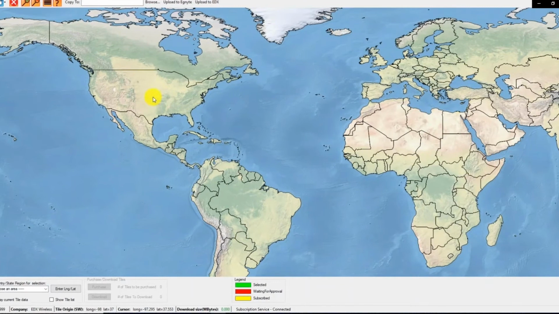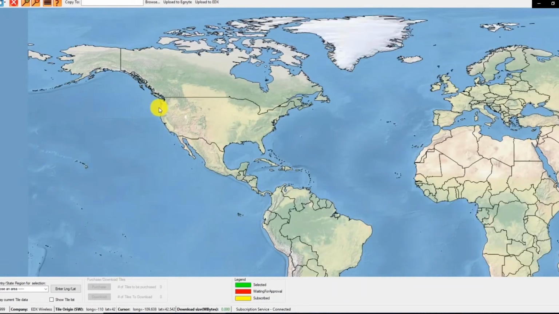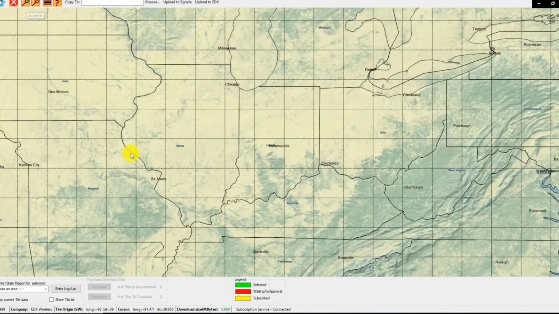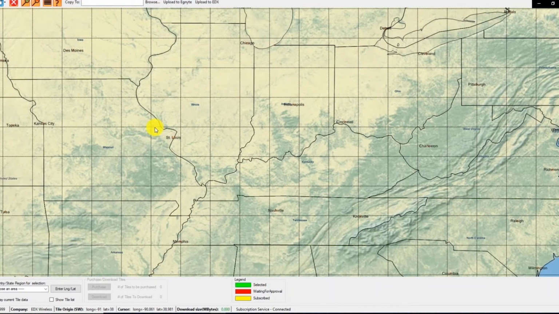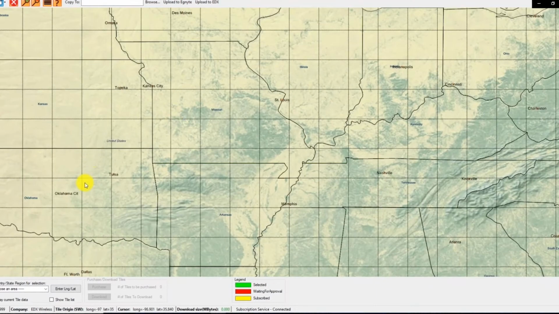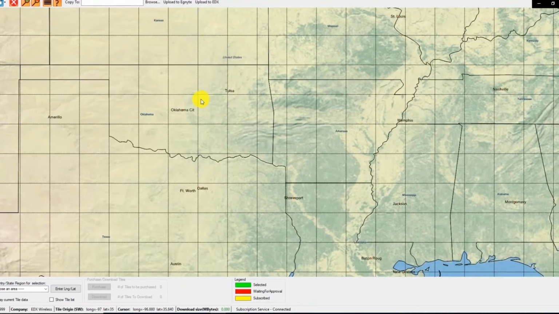So this is Tile Selector. This is the application that you use to access the Cirrus data service. As you can see, it is simply a map in which you click on tiles that cover the geographic regions of need. After doing so, the program shows you a list of the database layers that are available for that particular area. You simply choose the data needed, download it, and you're ready to go.